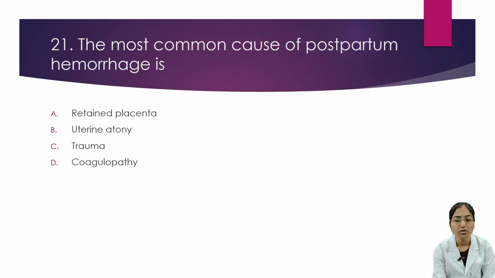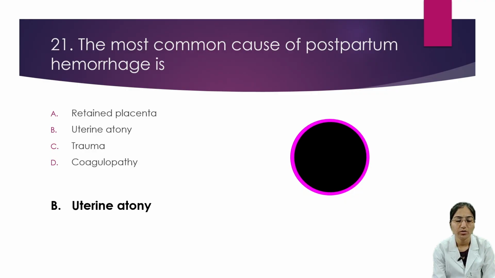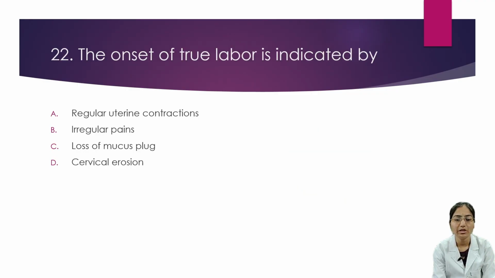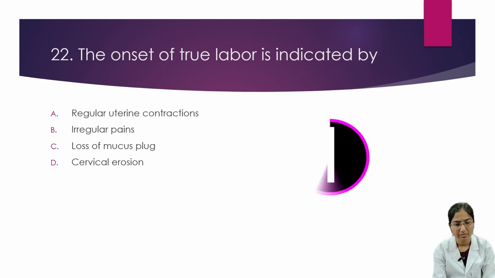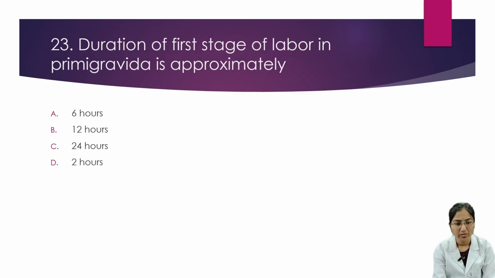The most common cause of postpartum hemorrhage is uterine atony. The onset of true labor is indicated by regular uterine contractions. Duration of first stage of labor in primigravida is approximately